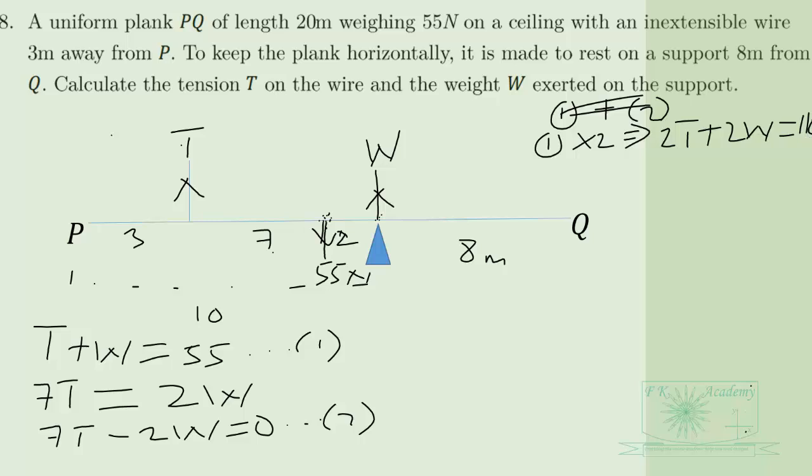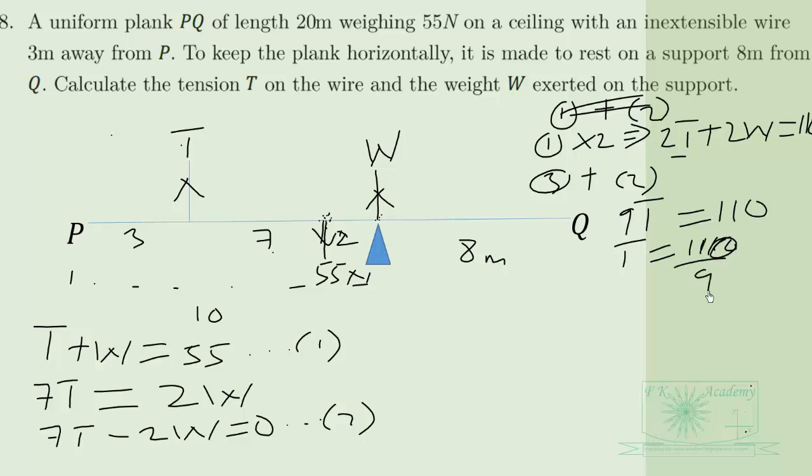So this is equation 3. So equation 3 plus equation 2 will give me 2T plus 7T, which is 9T, is equal to 0 plus 110, which is 110. So T will be equal to 110